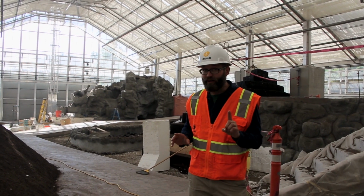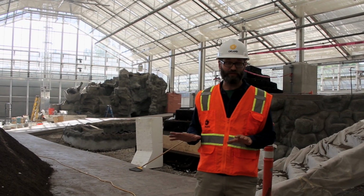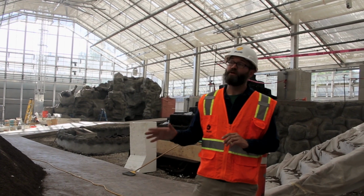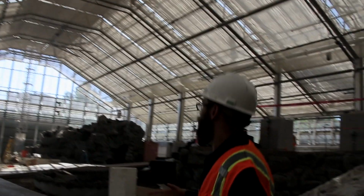Now, while they're in here, we want to make sure they're happy. Now, these butterflies are coming from all over the world, and we got to make sure they have just the right conditions, right? Which means about 80% humidity and 80 degrees Fahrenheit at all times. We have heat fins up here to make it warm. We have fans to circulate air. We have misters that will blow on periodically and fill this whole thing with a nice cool mist. We have vents